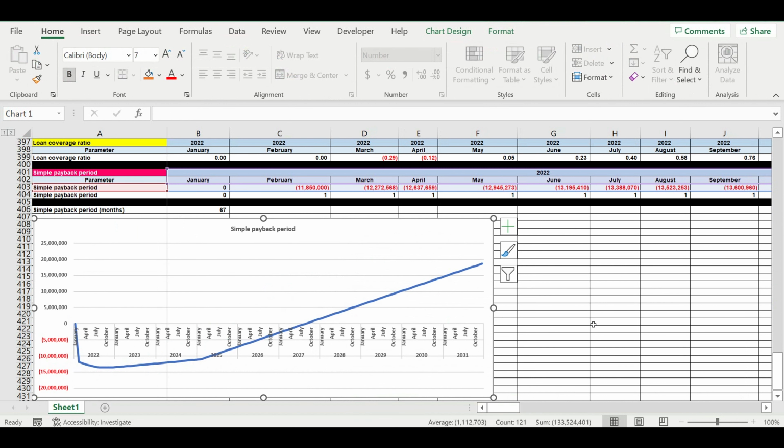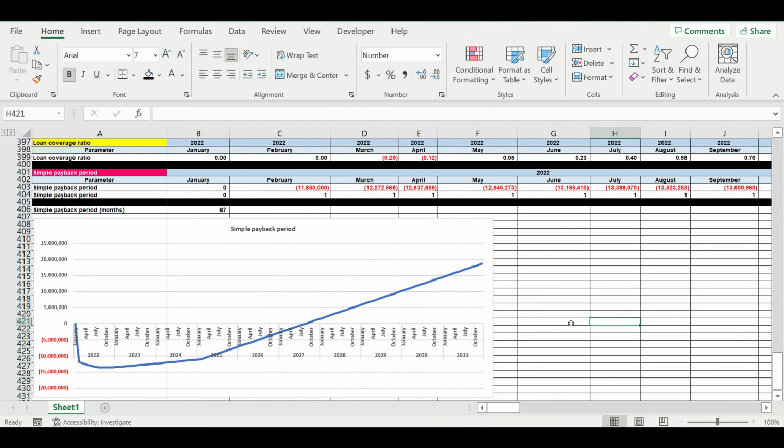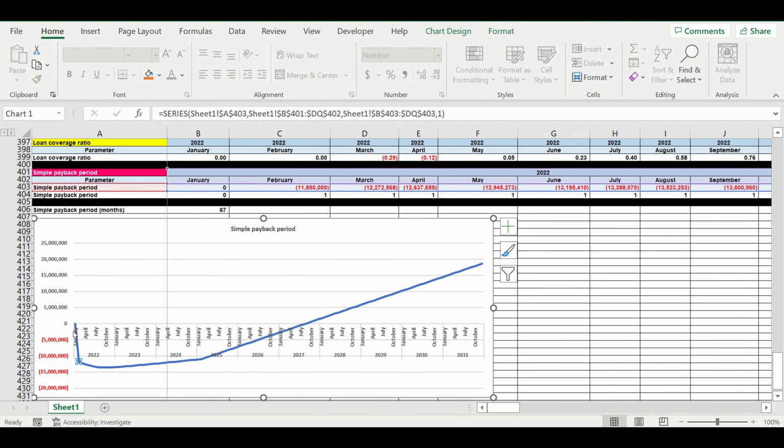So what does this diagram mean? This diagram means that this is the investment stage. Then when this diagram starts going down here, this is the period of operating losses at the first stage of the operating activity period. So when the diagram goes down after the investment stage, this shows us